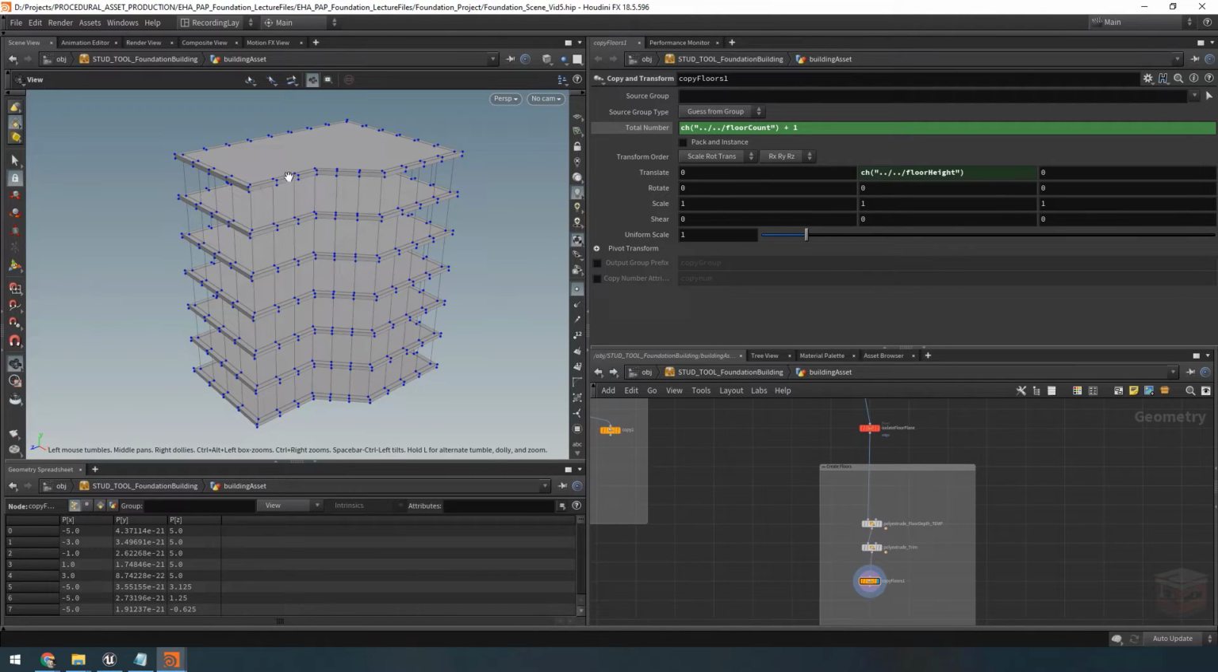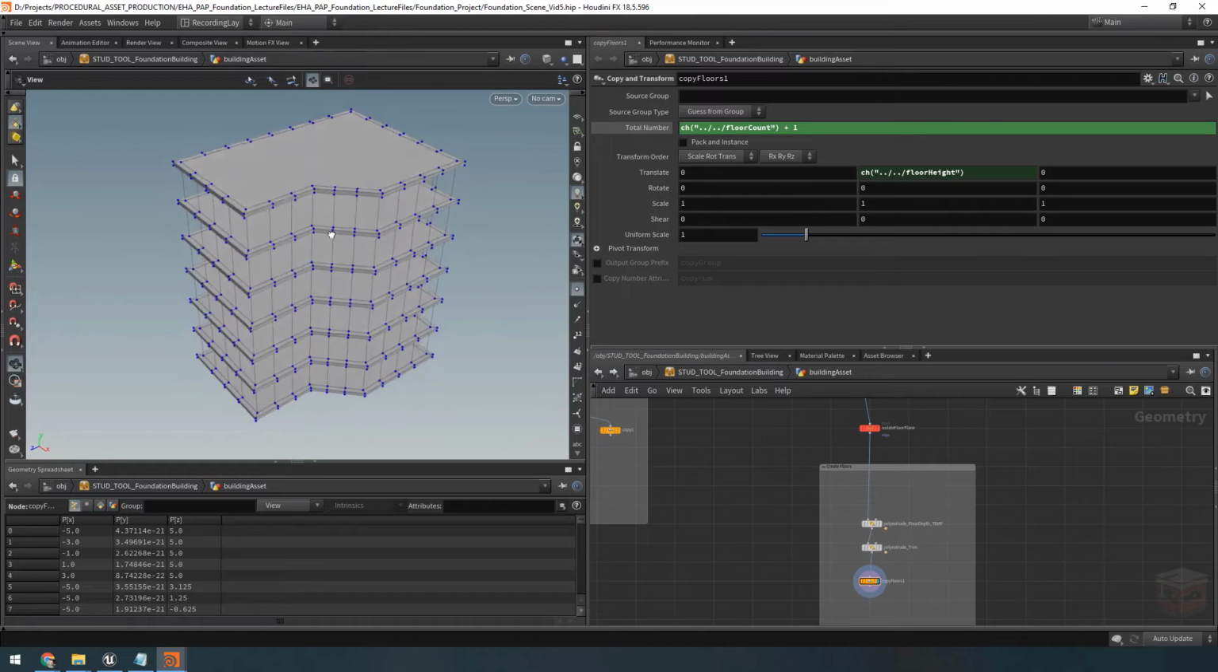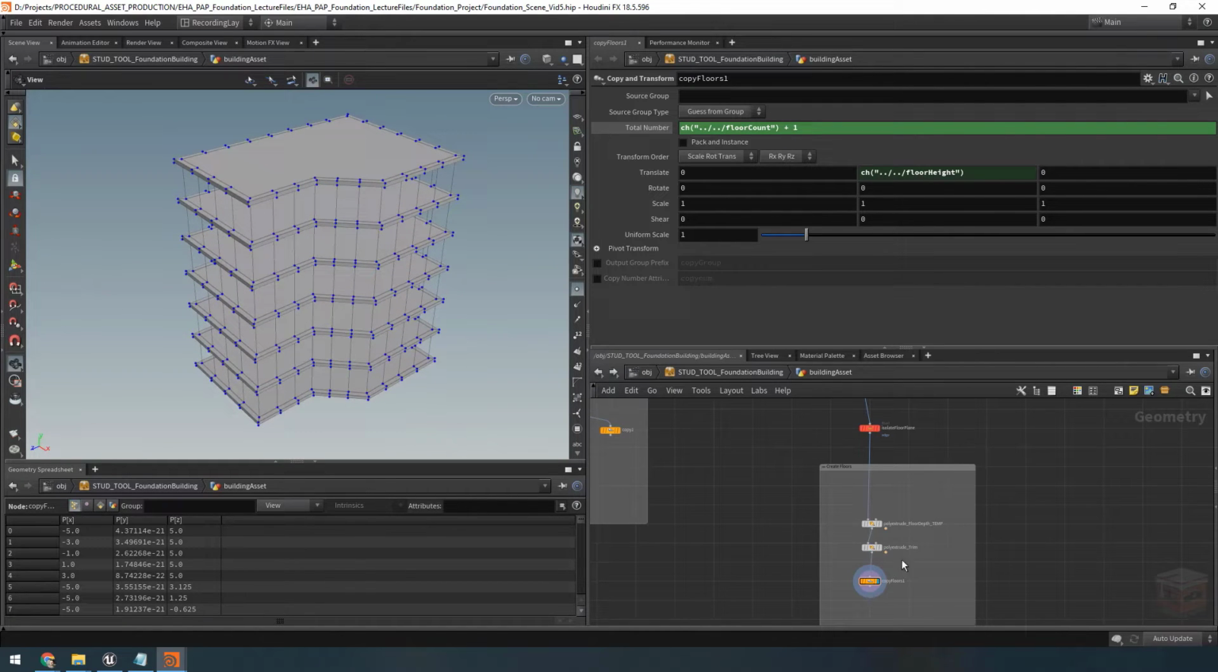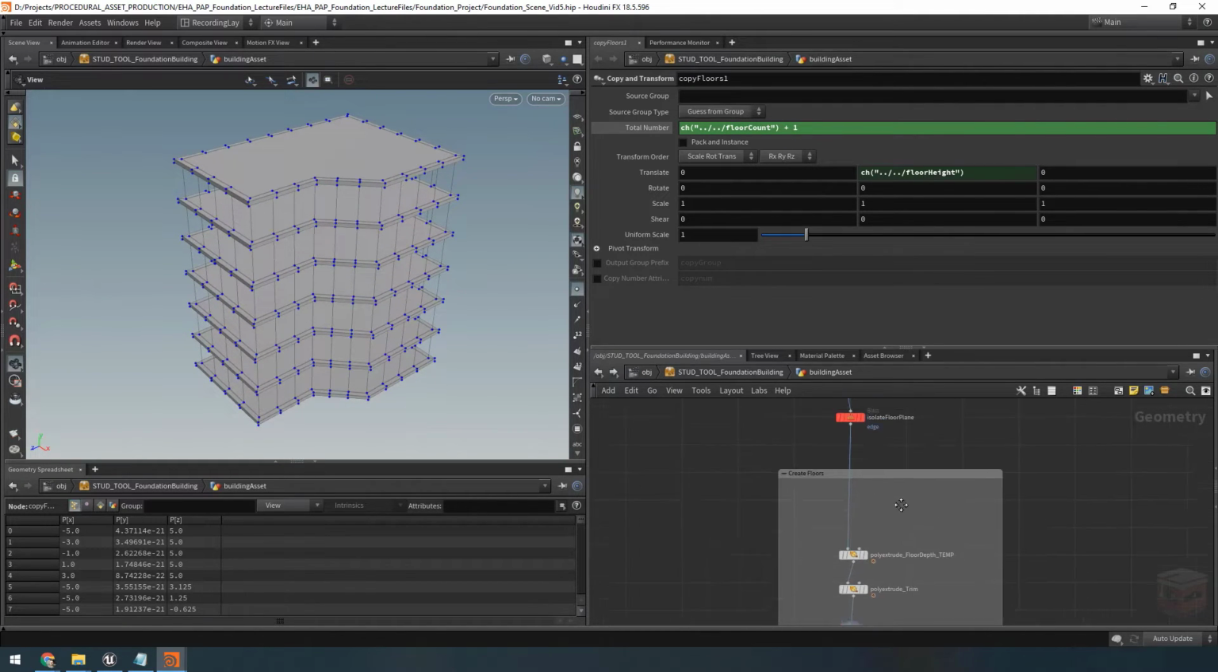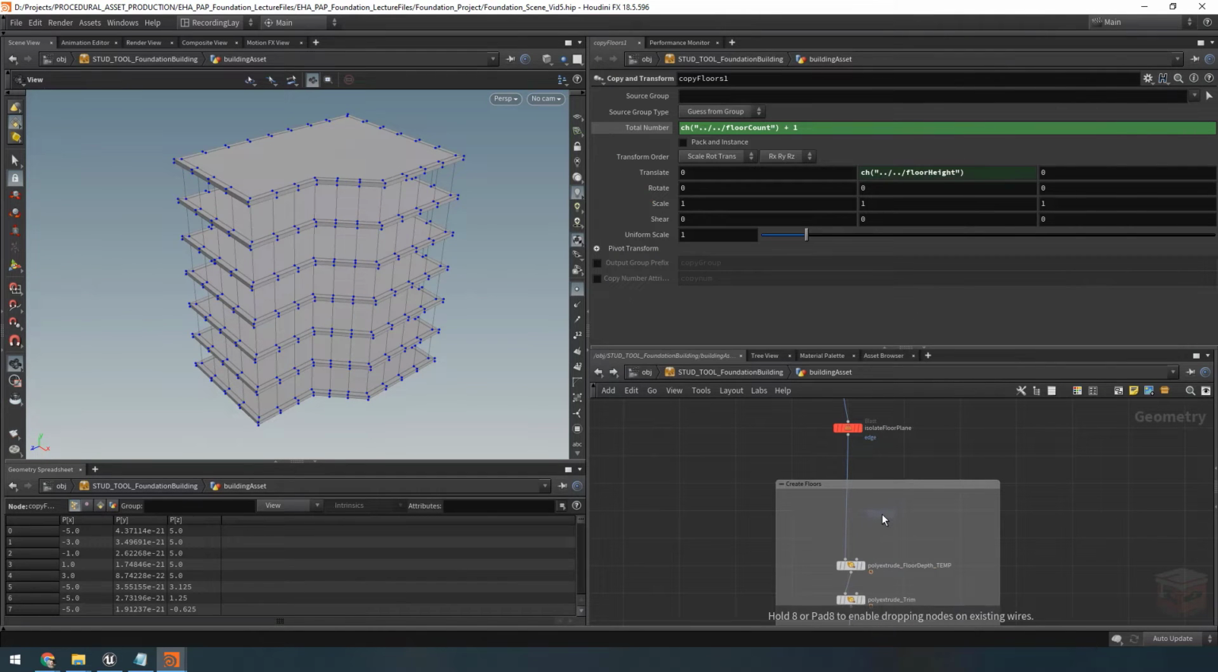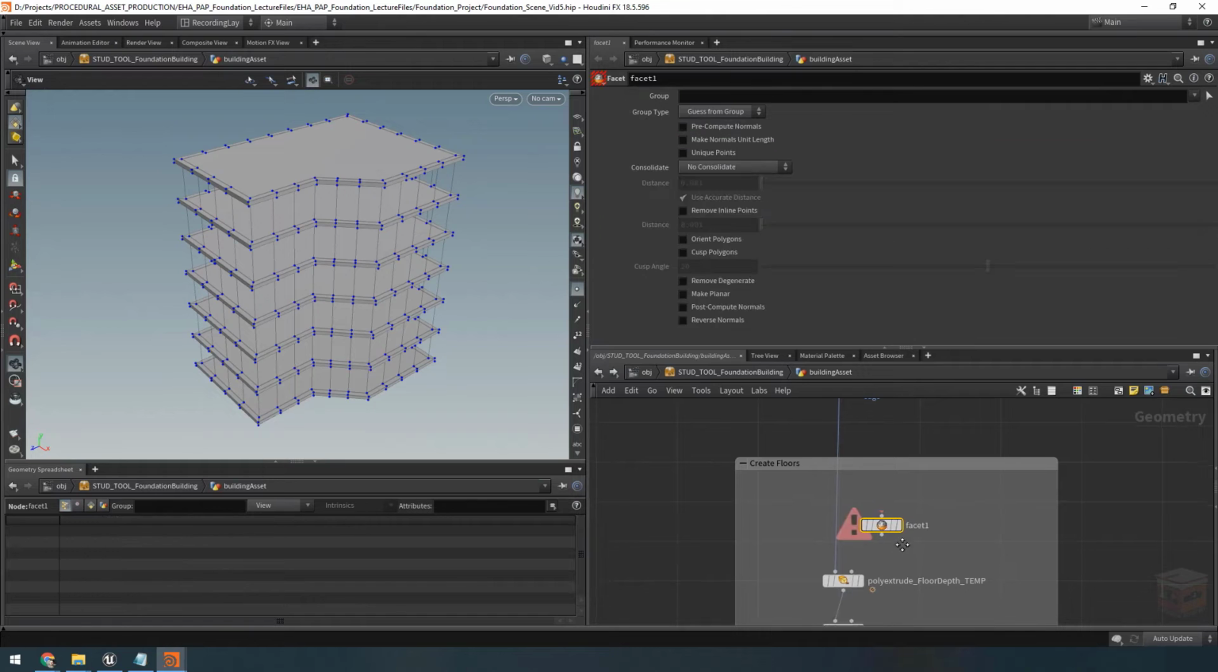Because right now we do have all these edges and points that are still in between the corners of our mesh, and this is a little bit much. We don't actually need them to be there. So in order to clean those up, we can use a facet node for that. And the facet node, and let's drop this one right here,